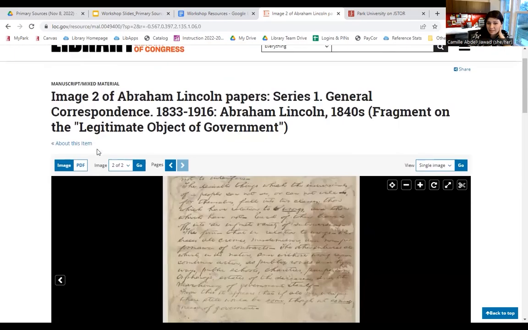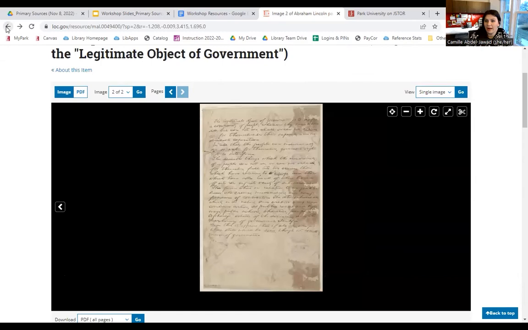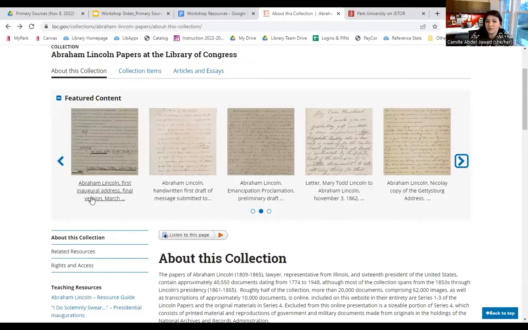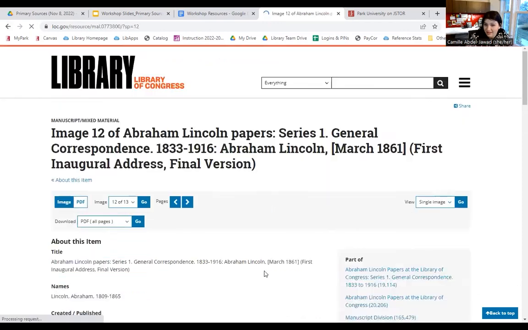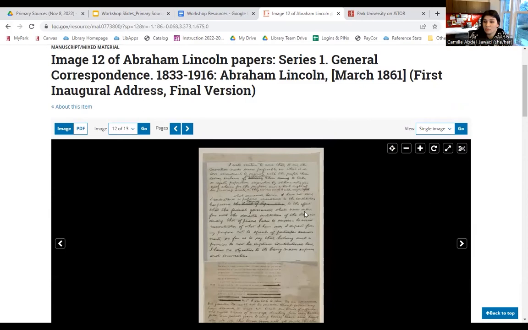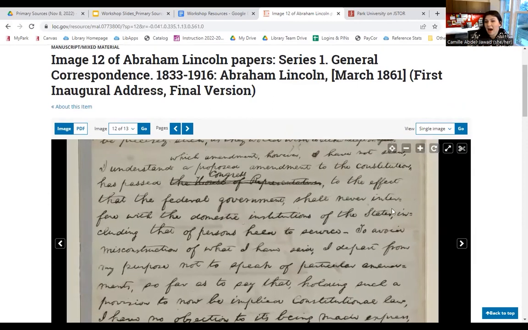So that can be awesome too if you are having trouble reading through the actual material. So we'll go back here. Another great resource is Lincoln's first inaugural address, right? This has not only the historical address written out here, but you can also zoom in and see